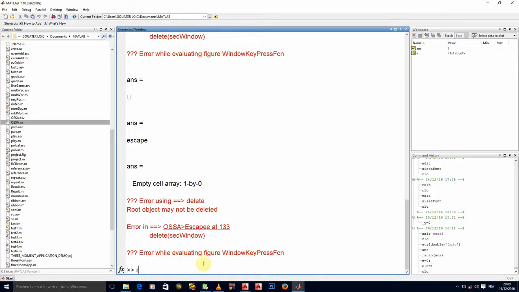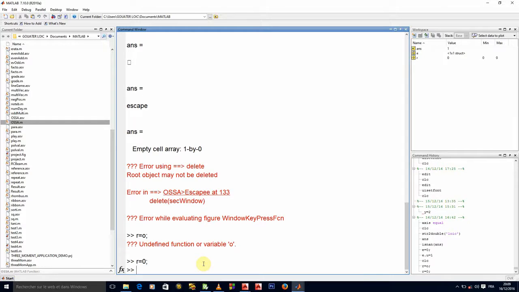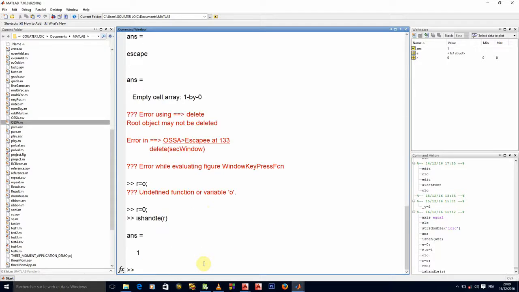So for example, if I say R is equal to 0, there is a way of checking whether my R here is an object or not an object. There is a command, isHandle of something. So if isHandle(R) gives me 1, that is strange, by the way.